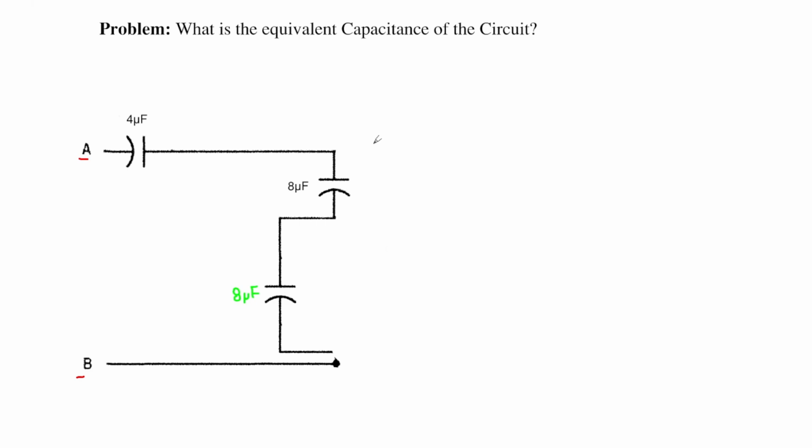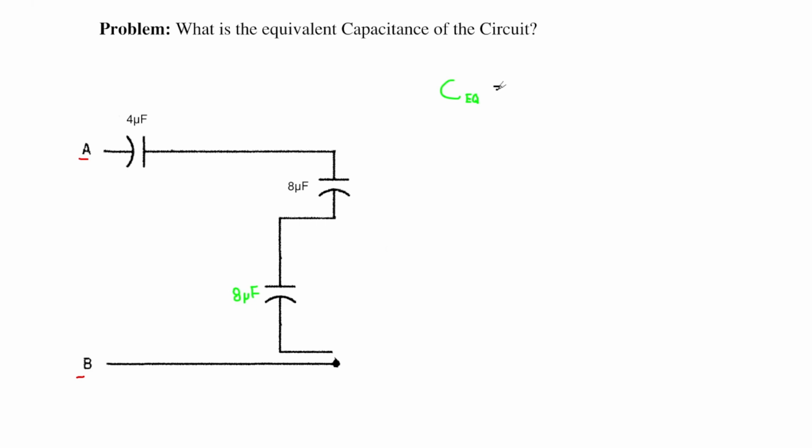Therefore, we can see that we have a single series connection of 3 capacitive elements: 4 micro, 8 micro, and 8 micro. Using our reciprocal laws, we can find our equivalent capacitance, C_eq,